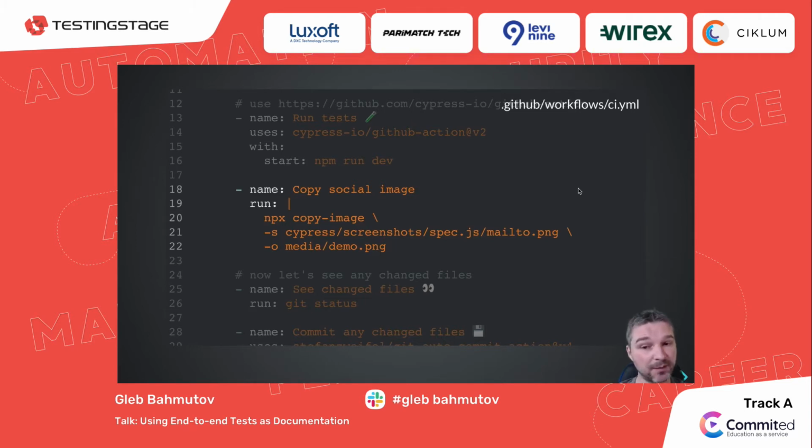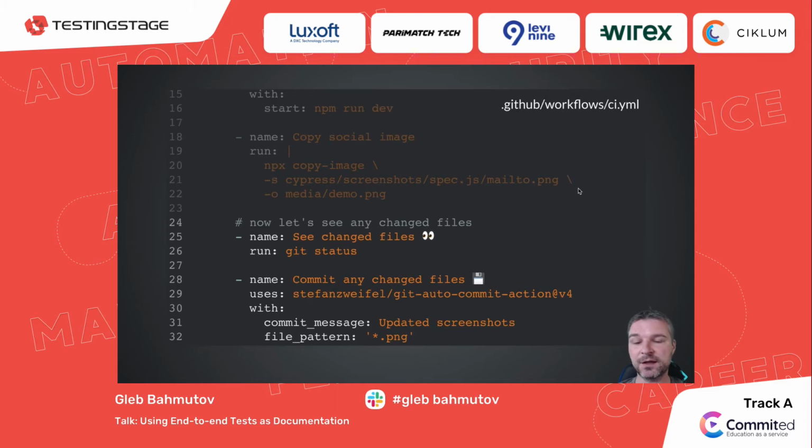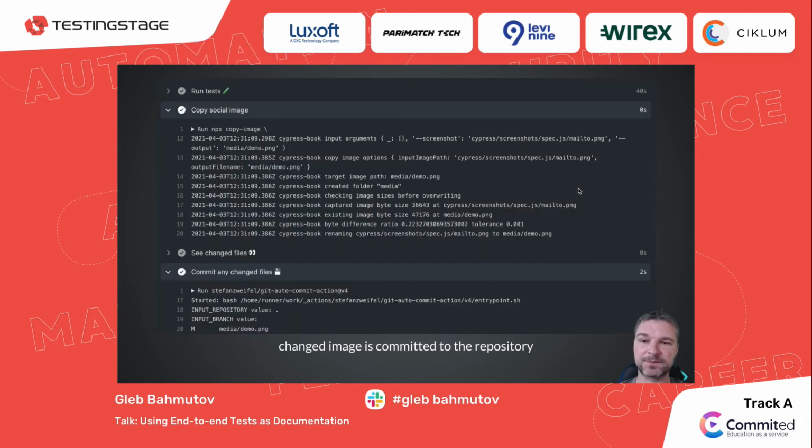Then, it checks whether it really copied, because it actually checks: am I running on CI? Has the file changed? Only then will it actually copy. If it copied, that means the file has changed. I can use a utility to commit the changed files, in this case just PNG files, and push them back to the GitHub repository. One of the beauties of GitHub Actions is that all the permissions are already configured for you. I don't have to set up anything else, so it's easy to update files from GitHub Actions and push them back to GitHub. I can see that the image has been updated.